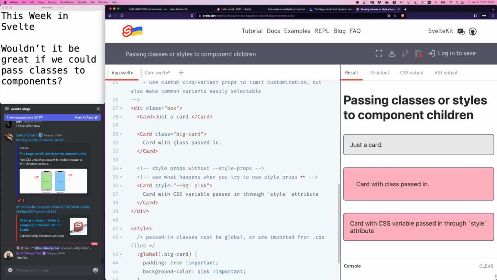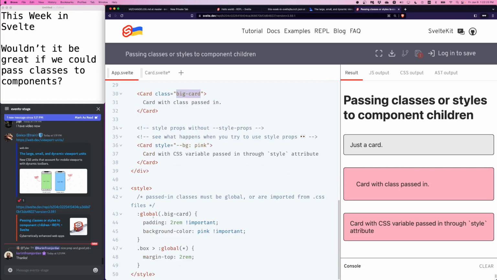Another disadvantage, or I guess nuance, is classes must be global. This big card class, I defined it down here on line 43, but I have to put the global modifier in front. Or I can import a CSS file, because CSS files are global. As long as this is global, it'll work. But unfortunately, on lines 44 and 45, I have to say important, because